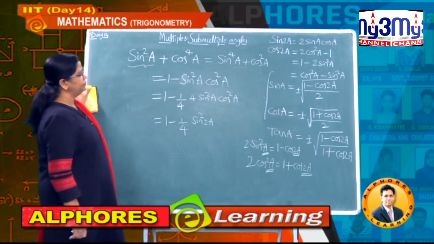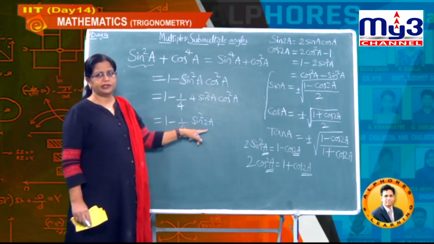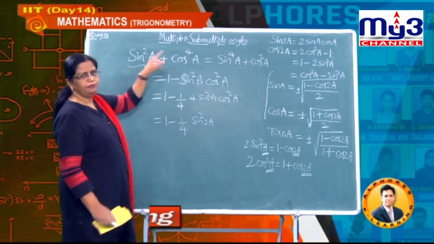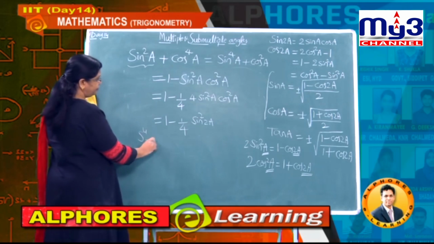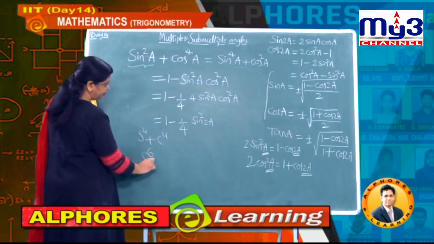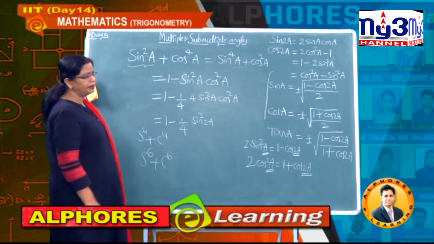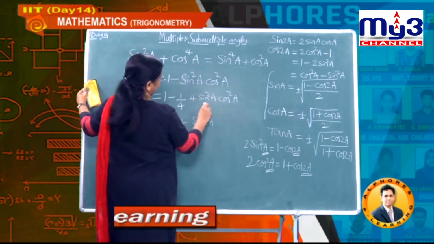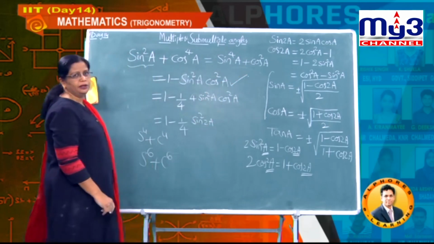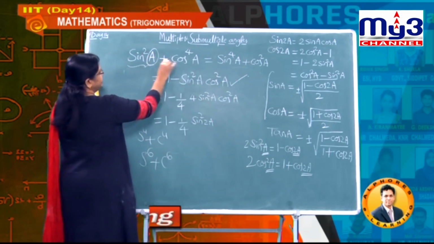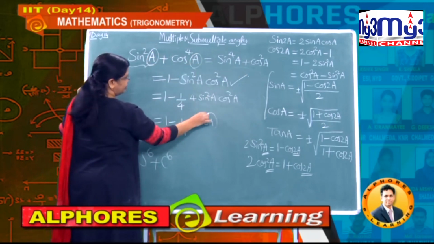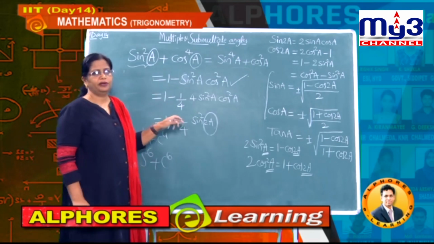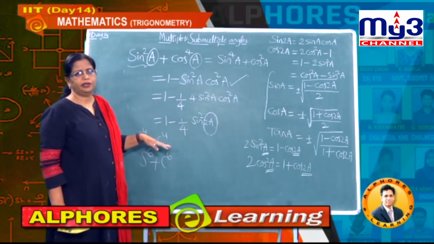So altogether we got, in terms of sin square 2A, 3 kinds of formulae. What are those? This one, and next both are sin power 4 plus cos power 4 and sin power 6 plus cos power 6, okay. Now here if angle A value remains the same, then you can just make use of this formula. But if you want a change in the angle, then you have to make use of this formula, okay. That is the only observation which you have to follow while doing this kind of formulae, okay students.